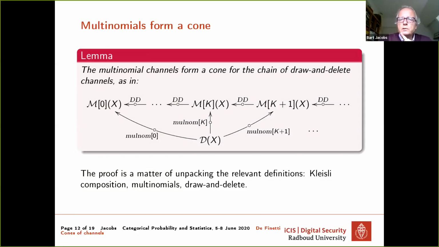So it's Kleisli composition, and it's really crucial here that we use Kleisli composition. So really the monad structure is deeply embedded in the structure here, the interplay between distributions, multisets, and the operations. So I would say this is a very, very fundamental fact that you have a cone of this form, and it displays some, well, maybe deep, well, elementary, let's say elementary categorical structure in probability.